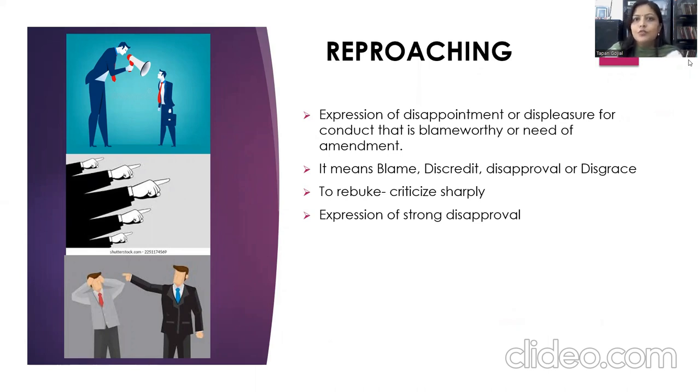So we can say reproaching is a kind of syphilitic rubric and it is of higher grade than reprimand. In Hindi we can say reproaching is like blaming someone, showing contempt for someone, or rebuking or condemning someone very much. This is reproaching. The various rubrics related to reproaching are: